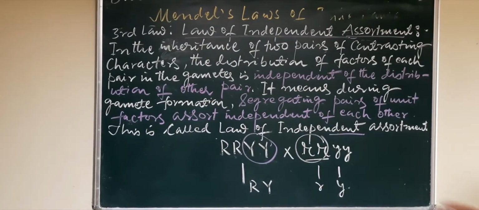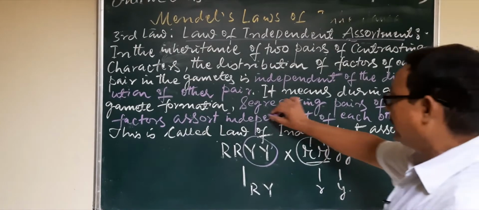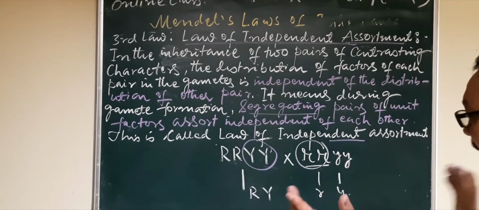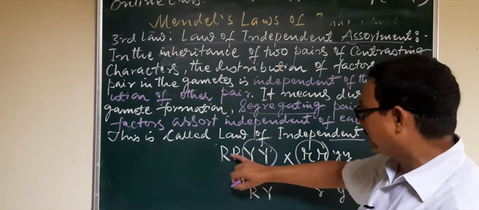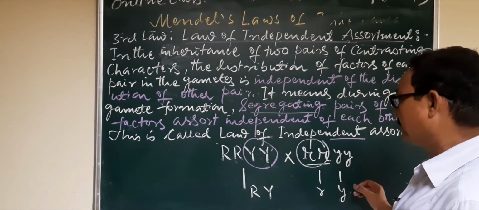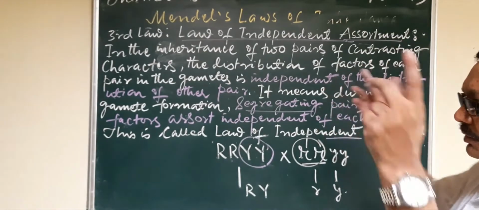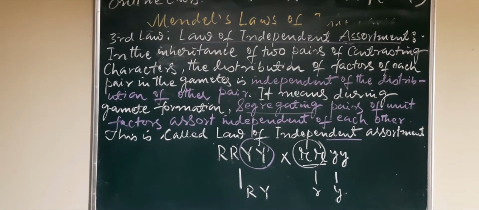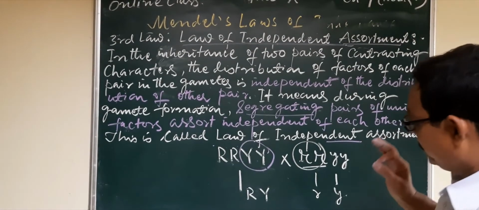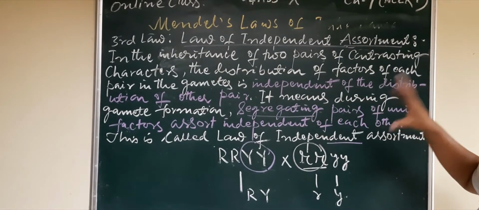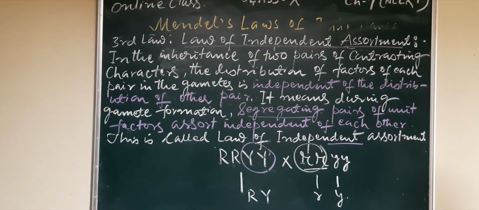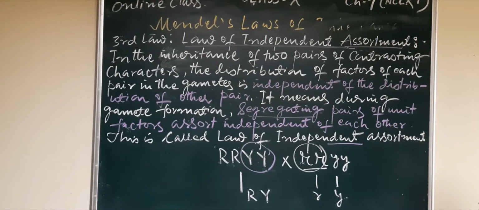formation of gamete they may segregate, अलग हो जाना, अलग हो गया, और उसके बाद फिर जब ये मिला तो ऐसा कोई शर्त नहीं रहा कि राउंड के साथ येलो ही आएगा, रिंकल के साथ ग्रीन ही आएगा। ये एक दूसरे से इंडिपेंडेंट असॉर्ट किया, जिसे आपने टेबल में चेकर बोर्ड में आपने देखा, 9:3:3:1 के रेशियो में आपको जो प्राप्त हुआ फिनोटाइपिक रिजल्ट। तो ये था आपका 3 लॉ।